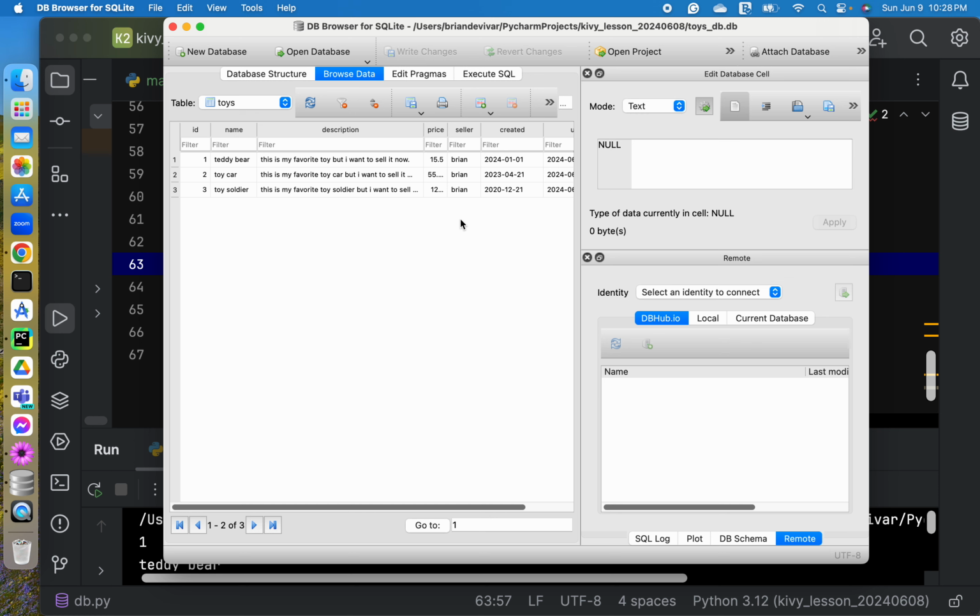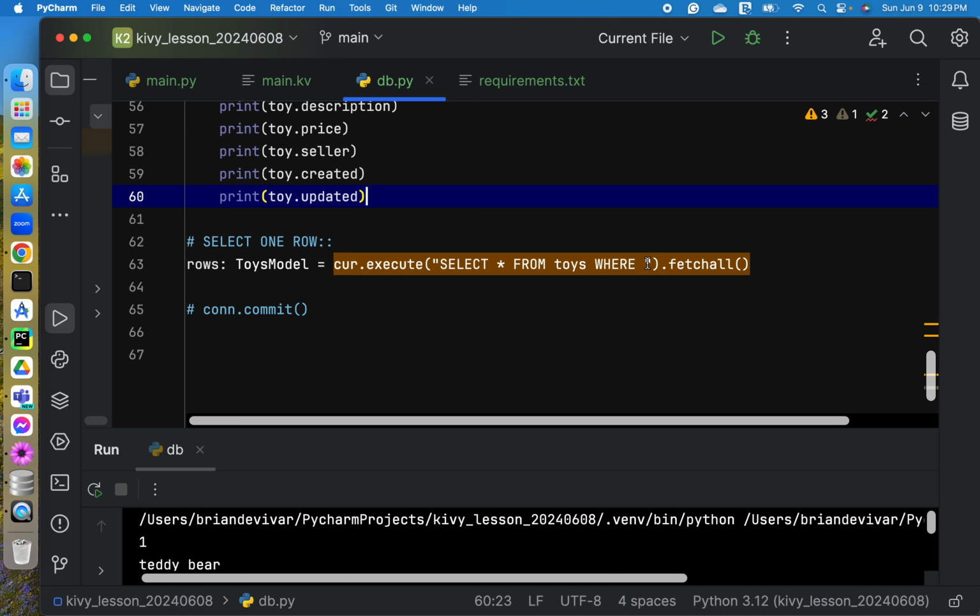We need to use something that is unique for the whole record. And for our table, the unique value is the ID. So we will use that. So where ID is equals to question mark.